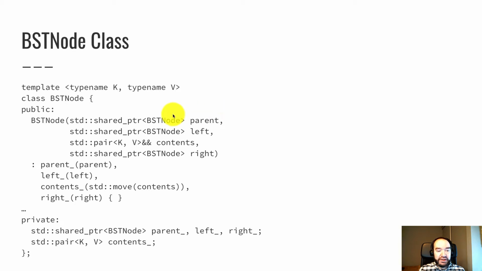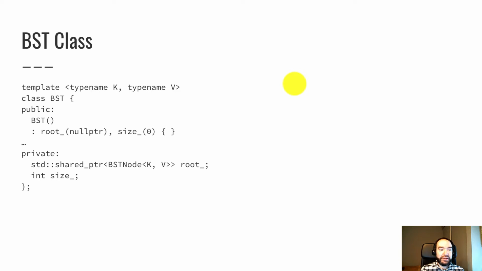The constructor initializes those 4 data members. For the argument order, I'm trying to go top to bottom, left to right, the way we read English text. So the first argument is the parent pointer, kind of on the top row of the node, and then the bottom row of the node is the left pointer, the contents, which is a pair, and the right pointer. That's pretty much it for this class. There's also some accessors and mutators that I hid for space on the slide, but they're very straightforward, just setters and getters for those 4 data members. There's really not a lot else going on in the node class.